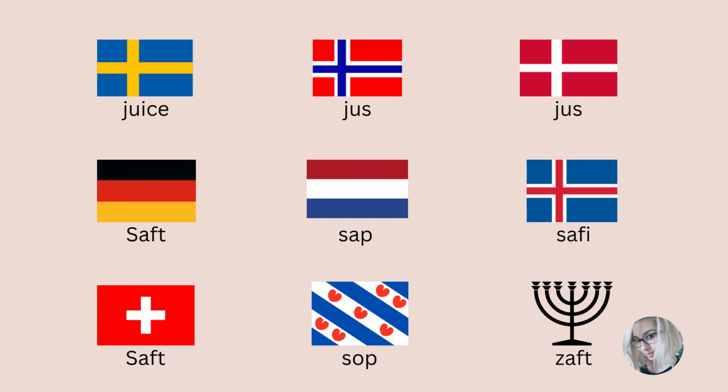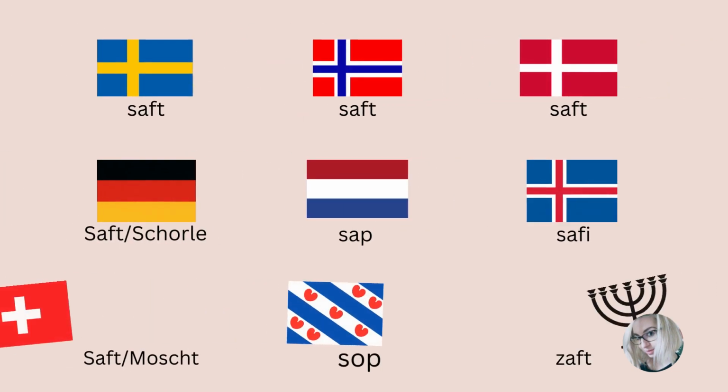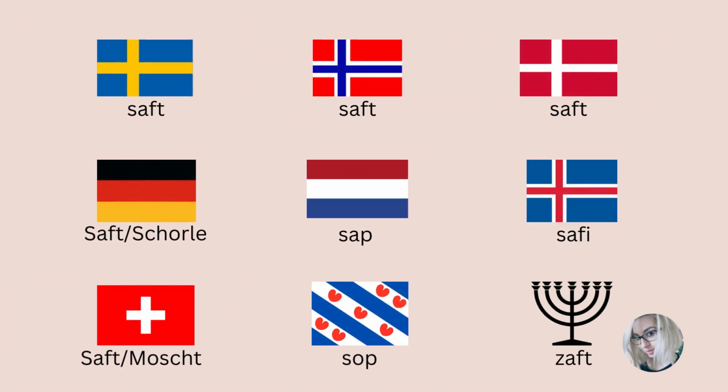Okay, so let's discuss the sugared one, or the fruit syrup to be more specific. So, okay, here you can see that if you refer to the sugared form, sugared fruit juice, you will have in Scandinavian this word as well, so saft. If you want to refer to something very specific in German and Swiss German, you have the Schorle or the Most, which is a specific apple